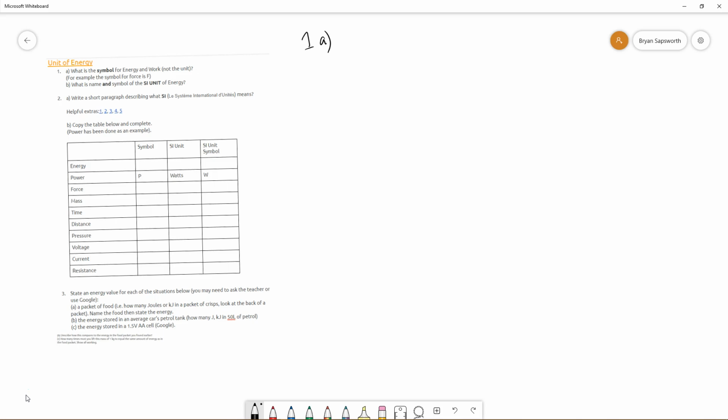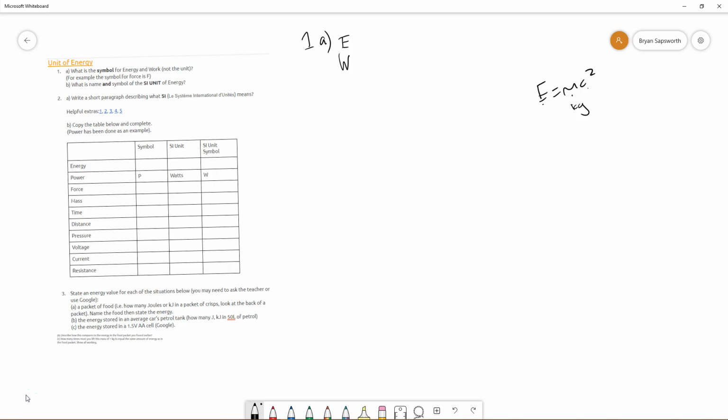What is a symbol for energy and work? Not the unit, so the symbol. So let's say if we're using an equation, these are classic equations, E equals mc squared. That's made up of the symbols for each of the quantities. So this is energy, mass, speed of light. And they have their own units, so mass will be kg. So the symbols for energy and work, well, the symbol for energy is E, and the symbol for work is